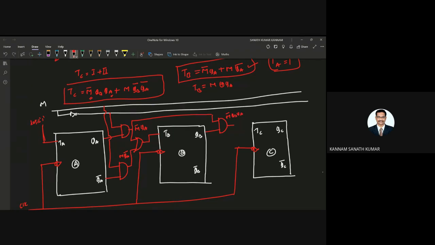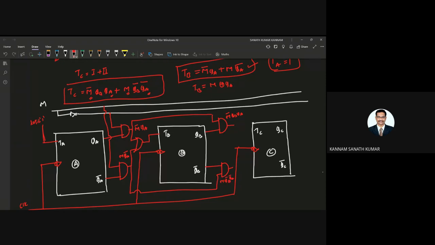And here also I'm taking this one, and next QB bar. It's M into QA bar, so this term is there. So this is M into QA bar and QB bar. So what is this one? M into QB bar and QA bar.